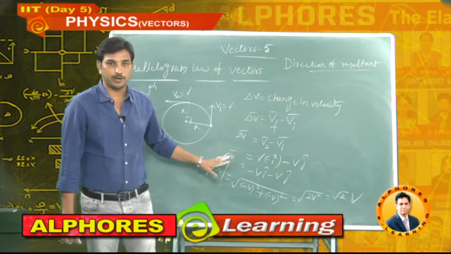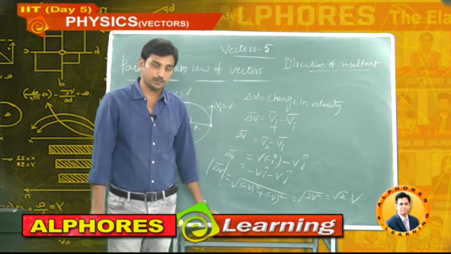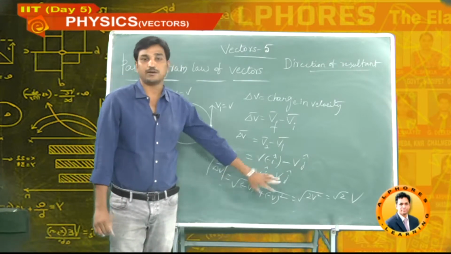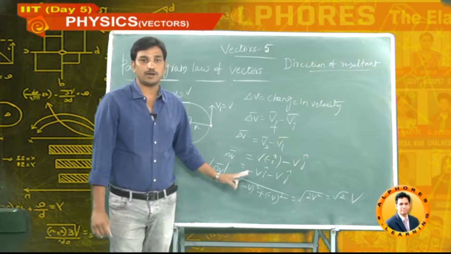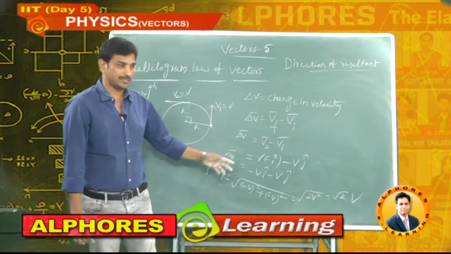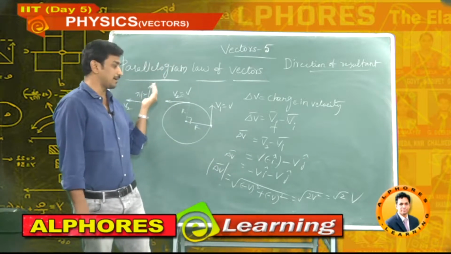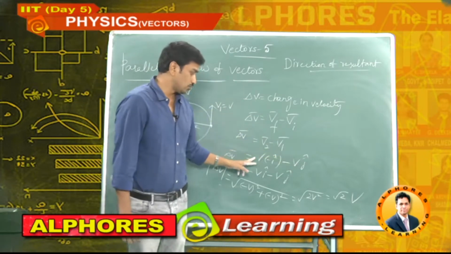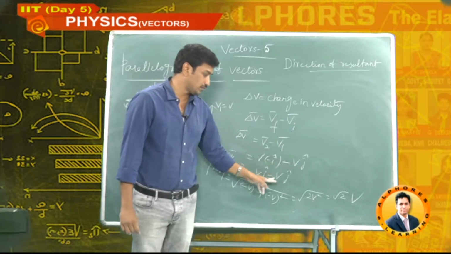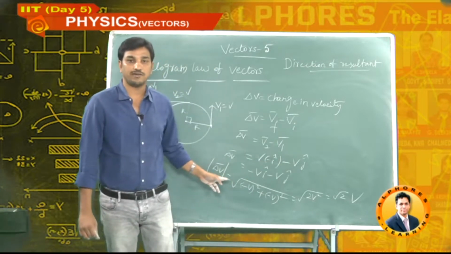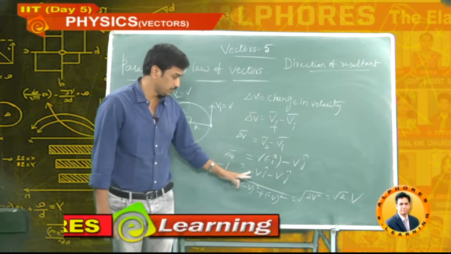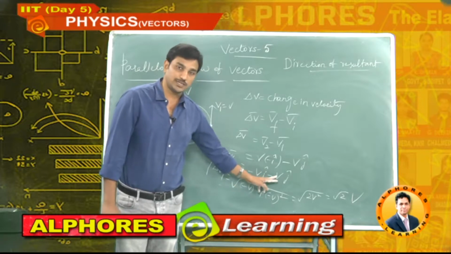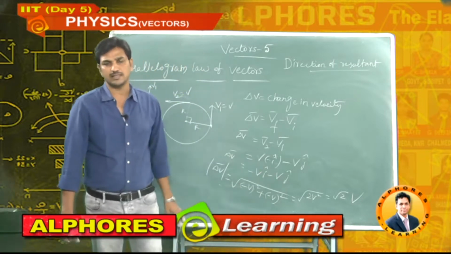Previously, I used the concept of the parallelogram law of vectors. R bar equal to a bar minus b bar. Magnitude of the resultant is under root of a square plus b square plus minus 2ab cos theta. Here, without using the parallelogram law, I went through the direct vector method. V2 bar is final, that is the minus i cap direction. V1 is positive y axis, that is the j cap. Minus I took outside, minus v i cap, minus v j cap. How to calculate the magnitude of a vector? Under root of i cap coefficient whole square plus j cap coefficient whole square. I cap coefficient minus v whole square, j cap coefficient minus v whole square. So the final answer is the same. I think you got the clarity.